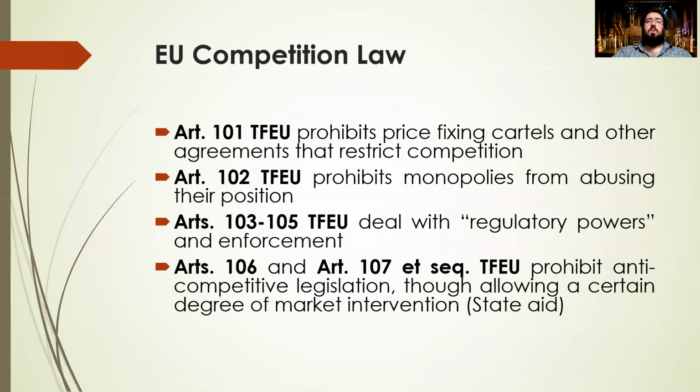But when we're looking at competition law, we have it there, and it's under the treaties. There are Articles 101, 102, 103 to 105, and 106 to 107 in sequence, and how they are included in the treaties and how they prohibit certain elements. You can see there that monopolies, I've used the phrase dominant position, these can be interchangeable, which we'll be looking at in a little bit. We're looking at enforcement as well,